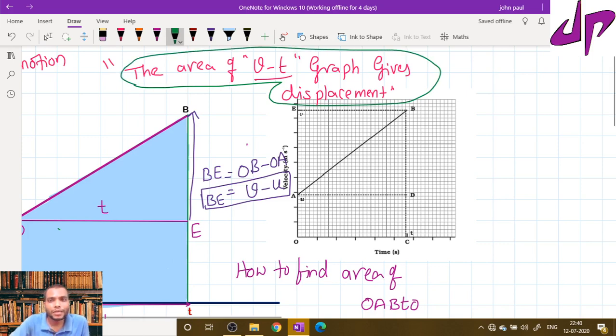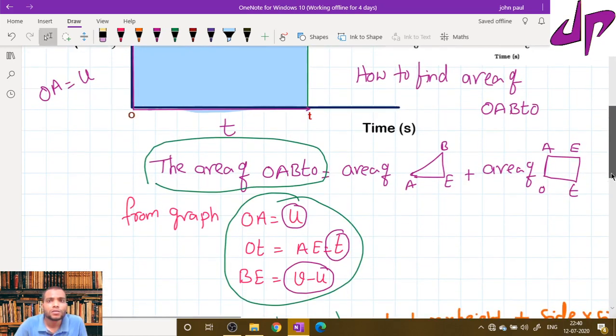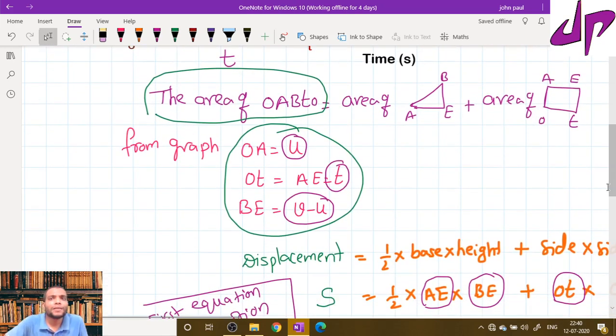So by using this statement, we shaded the area of a moving object from A to B. So this blue region gives us an area. Later, we divided this area into two known shapes, so that it is easy to find this area. One shape I got here is a triangle and another shape here is a rectangle. Since we know those two area formulas, we substituted those corresponding values.